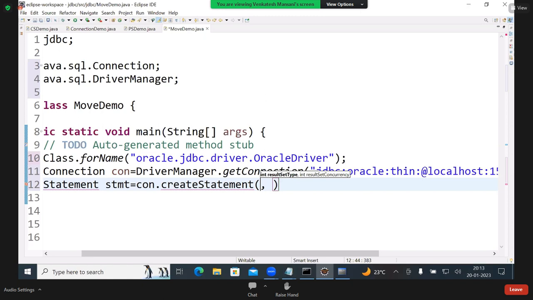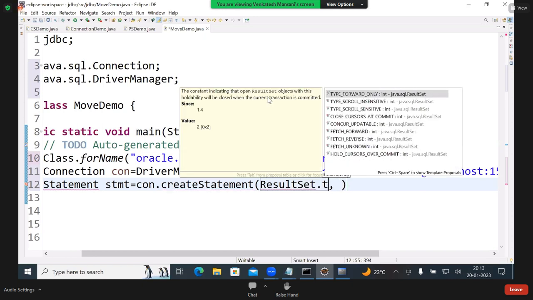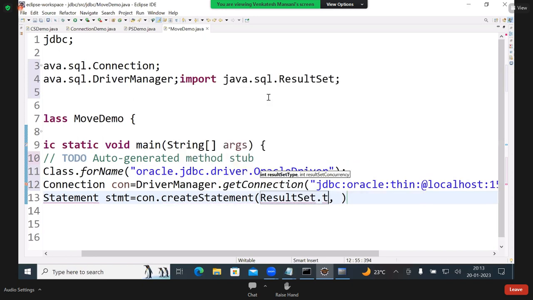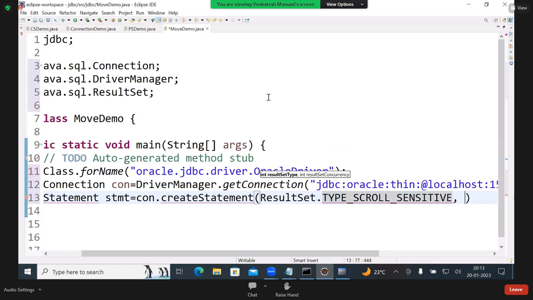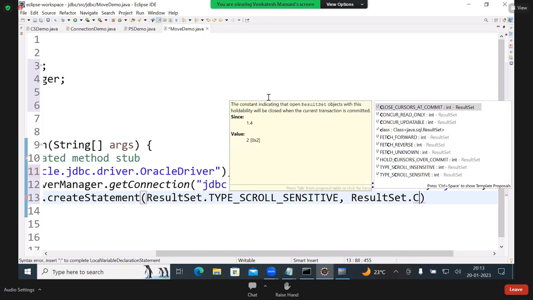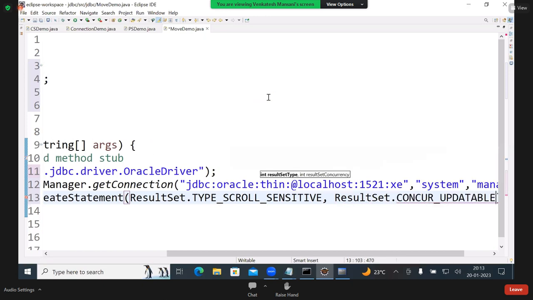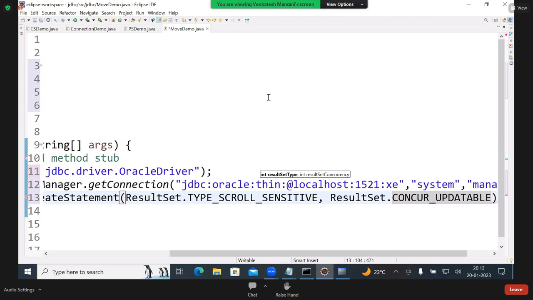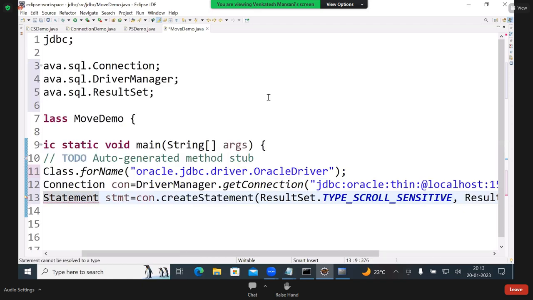What we have to write? ResultSet dot TYPE_SCROLL_SENSITIVE or INSENSITIVE, anyone you can write. After this, ResultSet dot CONCUR_UPDATABLE or CONCUR_READ_ONLY. Now, if you write updatable or read only, no difference. It is not distributed database. Okay, no difference. If you write read only also works, updatable also works. No, because it is not distributed database. Distributed database, next topic. Okay,